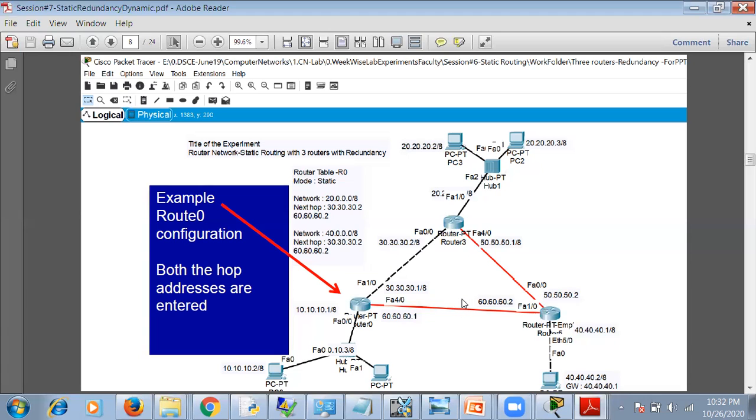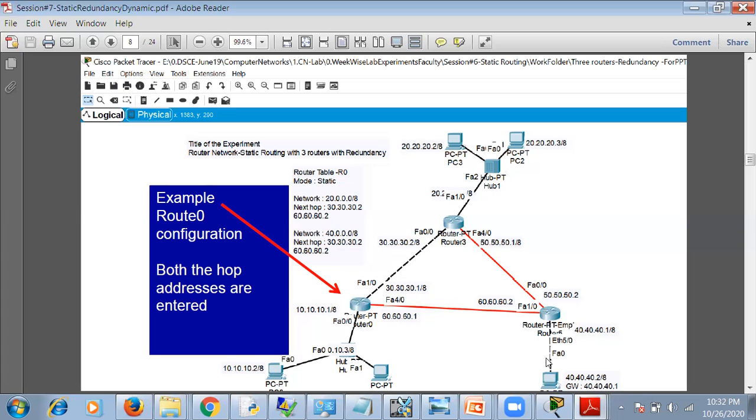Now, how do we add the table, or how do we add the next hop address? So 2 paths are available. To reach this 20 network, this router table will have these contents. To reach 20 network, there are 2 paths, that is using 30 network link and the 60 network link. And similarly for router 2. Sorry, not router 2.